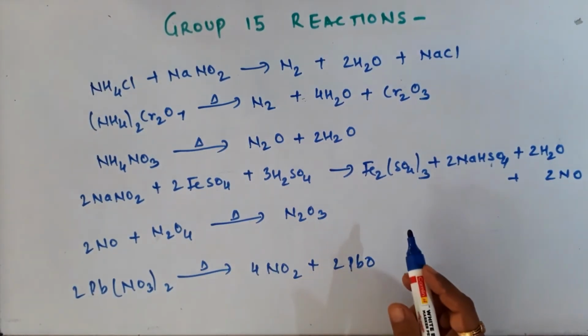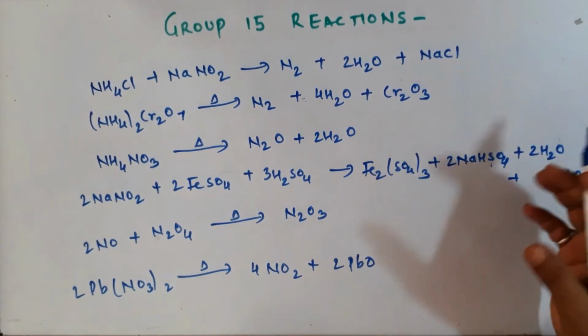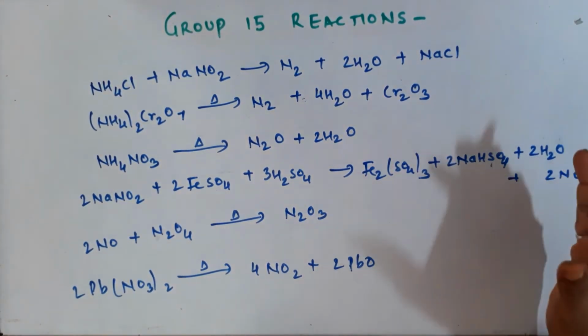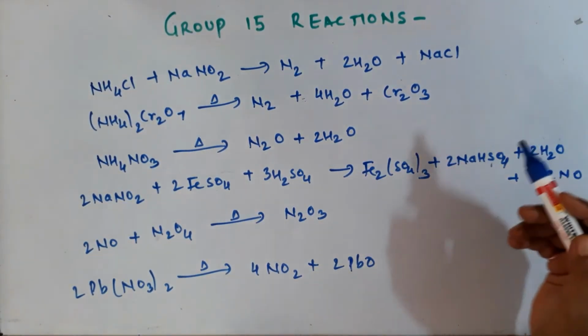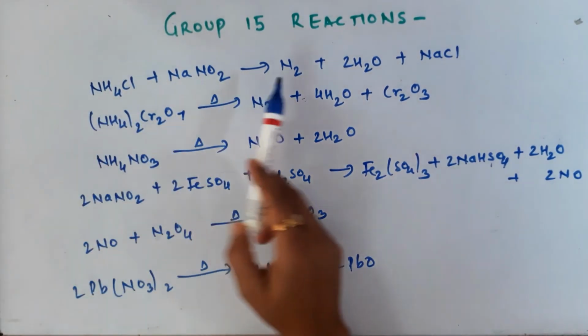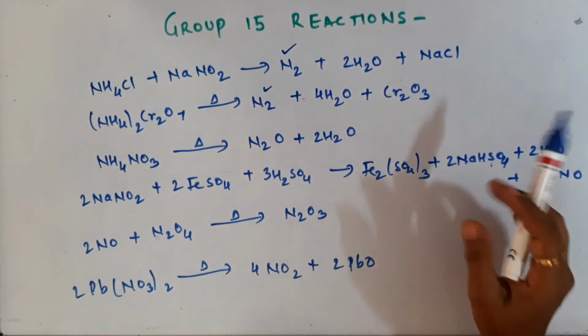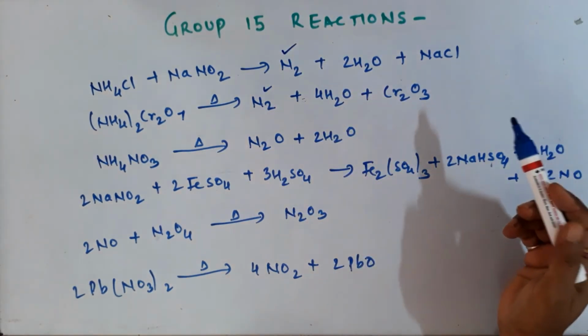Now these are some reactions which do not fall under any category. You have to put some efforts to learn them. Okay, I will just try my level best to help you in as much way as I can. So here the first reaction is, you can see N2 is coming out, second also N2. So this is the reaction which is used for preparation of nitrogen gas.